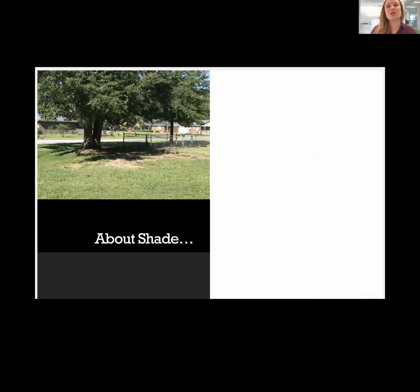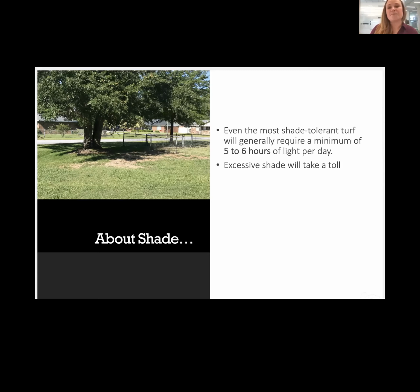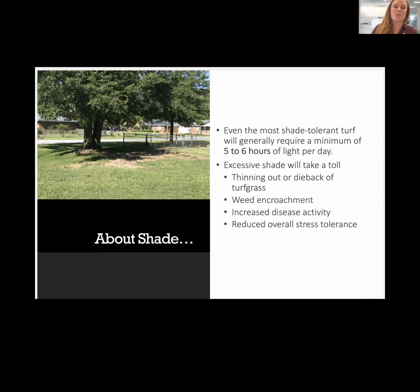I did want to touch a little bit briefly on shade before we move forward. Even the most shade tolerant turf grass will generally require a minimum of 5 to 6 hours of light a day to really do well. Even St. Augustine grass, again, is going to have its limits. When we have too much shade in an area, what we'll start to see is that the turf grass will start to thin out or die back. We may see an increase in weed encroachment because of that exposed soil. We may see an increase in disease activity because the shade is stressing our turf, and we may see reduced